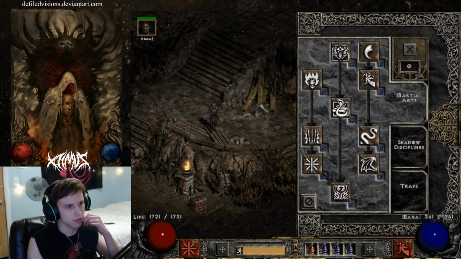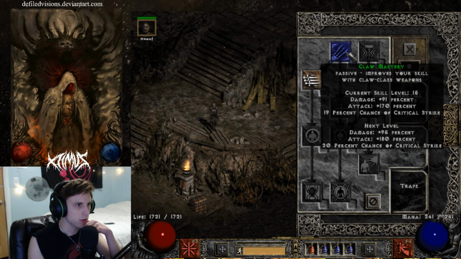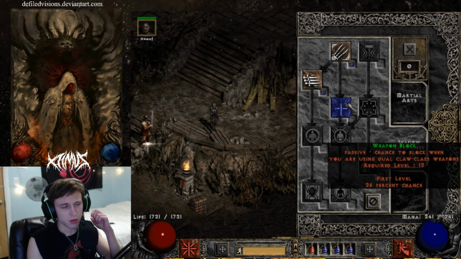All right, so let's get into the skill points right now. We're not going to put any points in the traps. We're going to be putting 1 point in Claw Mastery, 1 point in Burst of Speed. And I didn't go with Weapon Block. If you want to go with Weapon Block, you could if you want to have more survivability, but I really